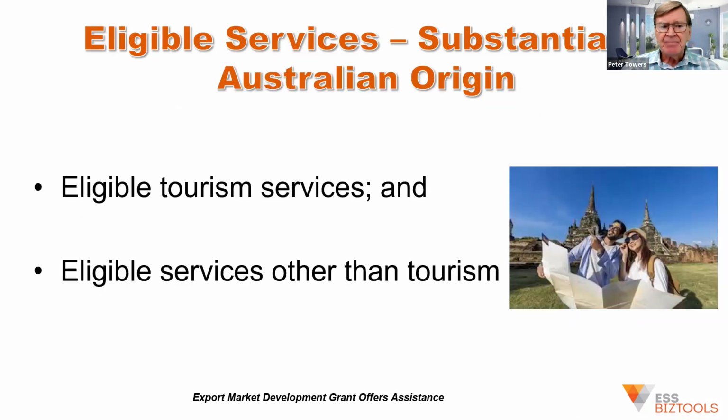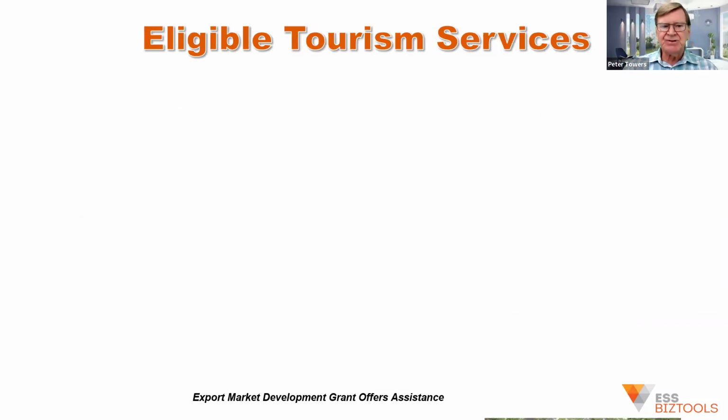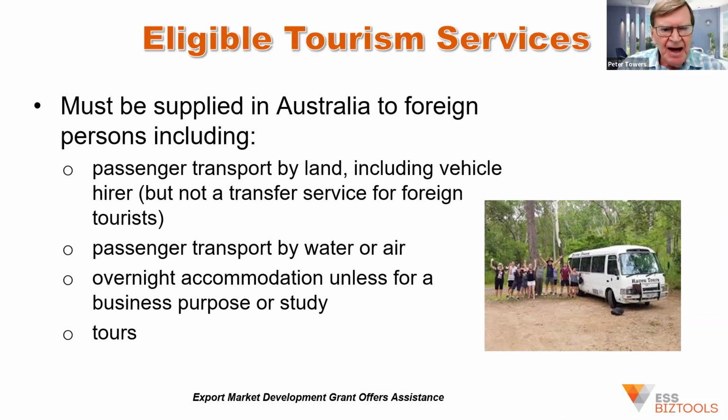And for the eligible services, businesses in Australia who are supplying services to overseas residents when they visit Australia have to be substantially of Australian origin. And that is divided into 2 groups: the eligible tourism services and eligible services other than tourism. So the eligible tourism services cover anything to do with overseas visitors to Australia. Passenger transport by land, passenger transport by water or air, overnight accommodation, unless it's for a business purpose or study,